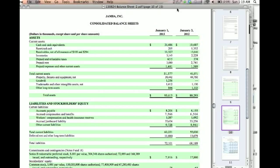I am going to talk about what to look for when determining if something is a restaurant balance sheet and important things that stand out about it when deciphering between different kinds of organizations. So, a big thing to look for when determining, hey, is this a restaurant, is to look at property, fixtures,